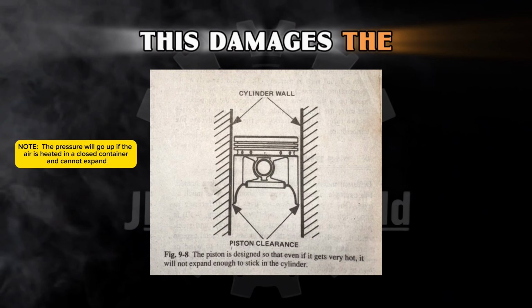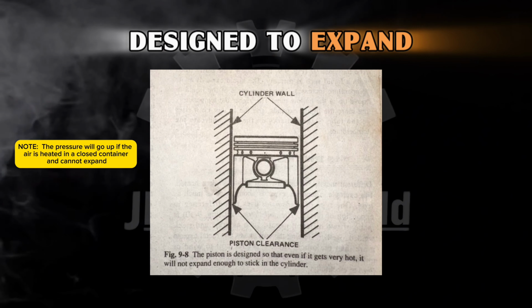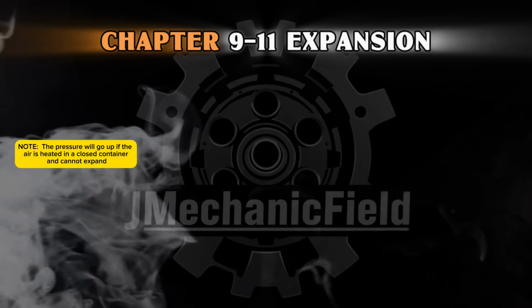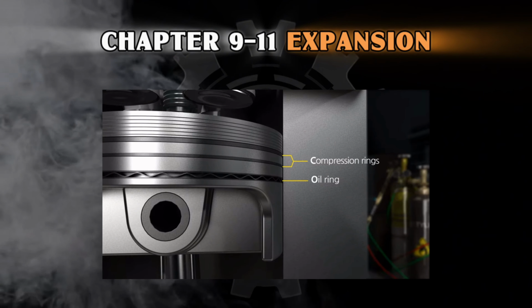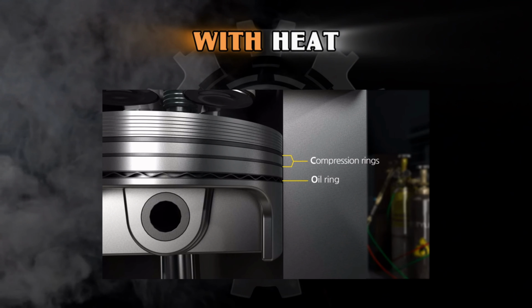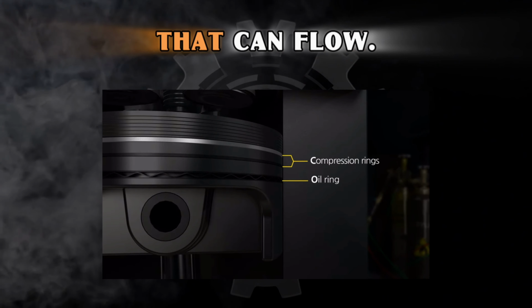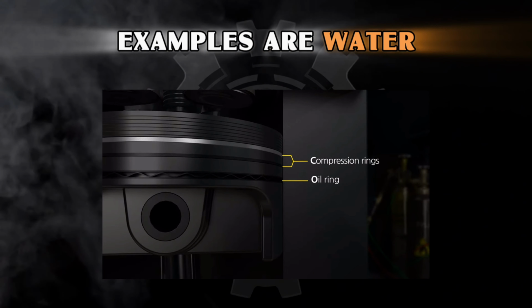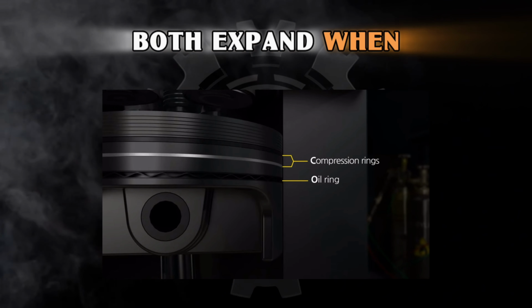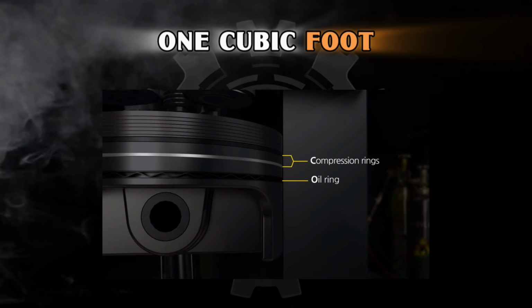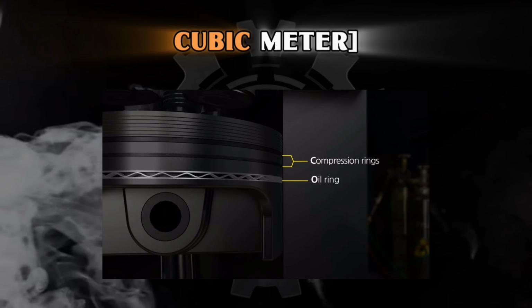This damages the engine. The piston is designed to expand very little as it gets hot. Chapter 9-11. Expansion of fluids. With heat, fluids are substances that can flow. Examples are water and air. Both expand when heated. 1 cubic foot of water, 0.0283 cubic meter,